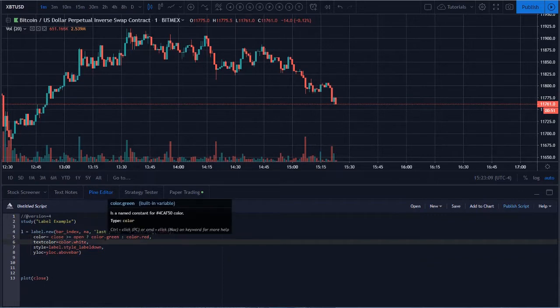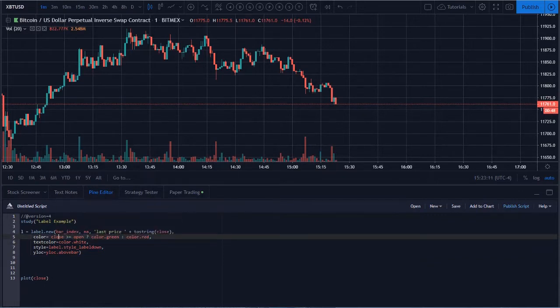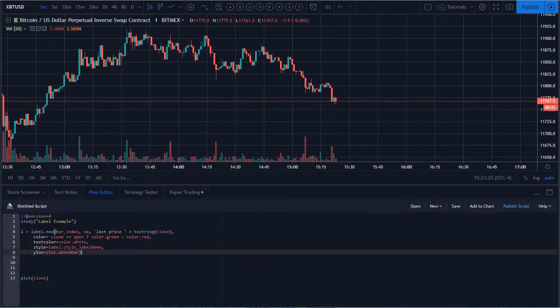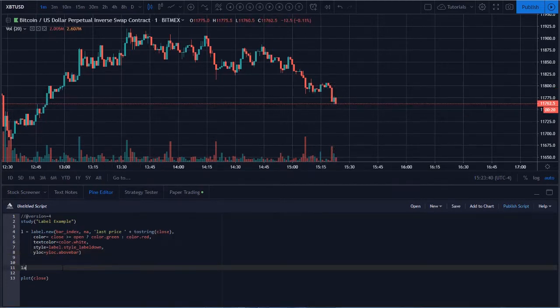Okay, we'll just go on to color. So the color is going to be determined by if the close is greater than the open, and if so, it's going to be green. If not, it's going to be red. Text color is going to be white. Style is going to be the speech bubble with the little tail going down, and Y location is the Y location above bar. So the next part about dealing with labels is we're going to do label.delete, and we're going